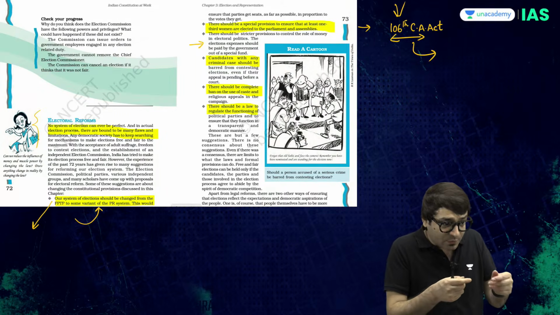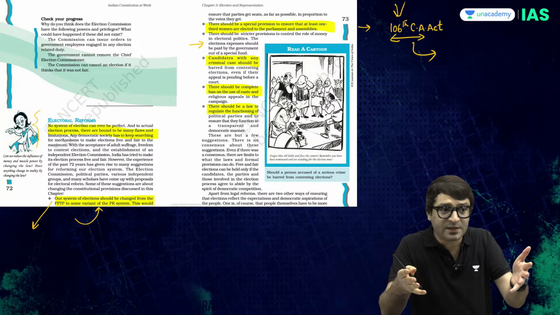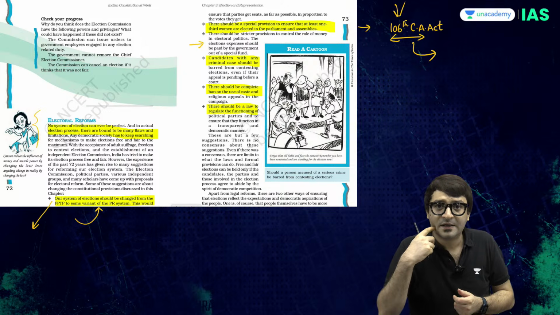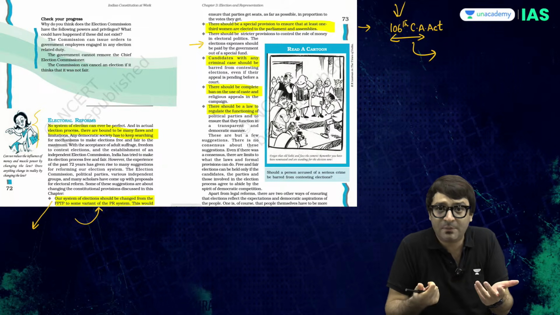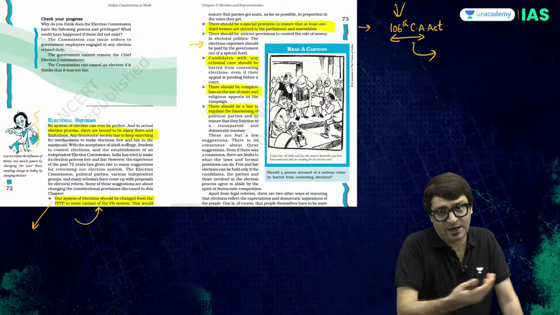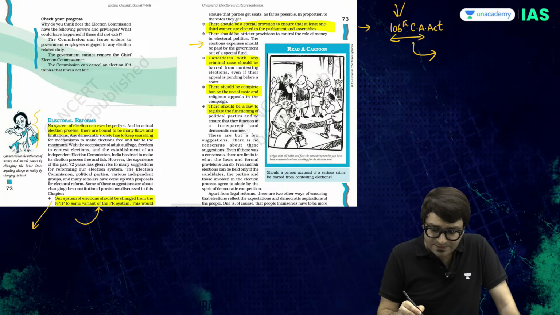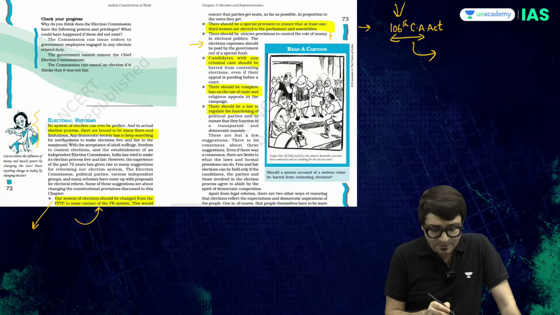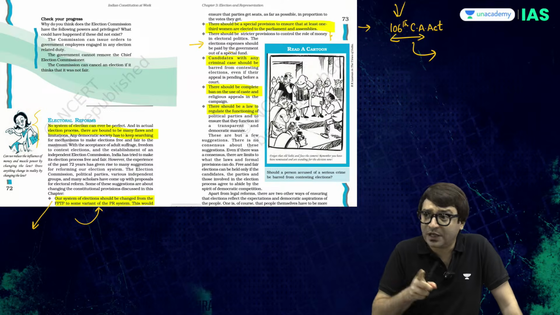Because we thought we are voting to elect our representatives. But in reality, whoever has more money gets to form the government. Which means, in reality, the big corporate houses will determine who forms the government. They will give you more money and you will win the election. And that is why NCERT recommends that election expenses should be paid by the government, so that political parties are